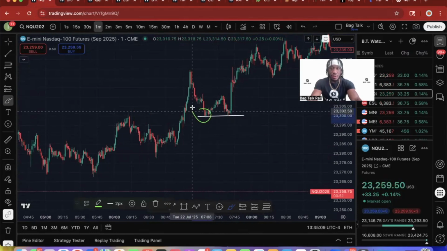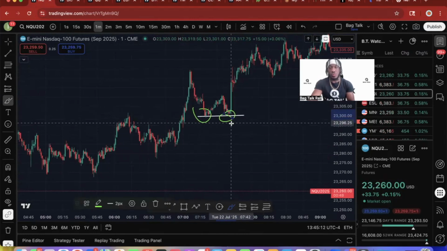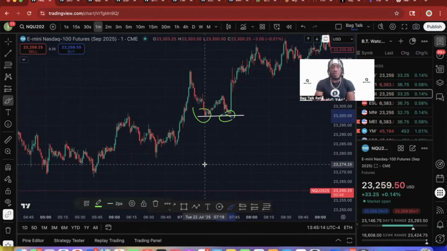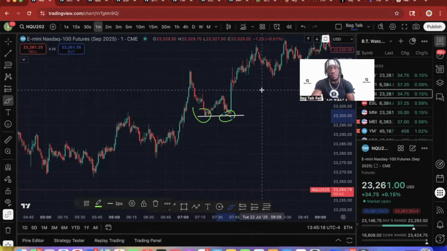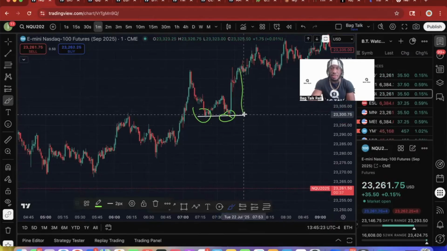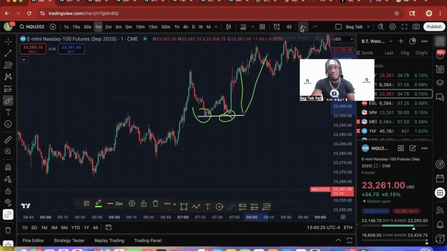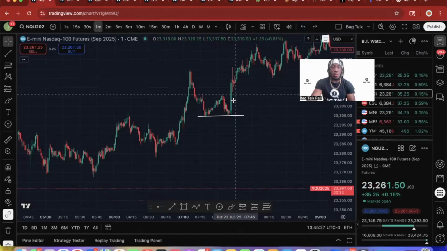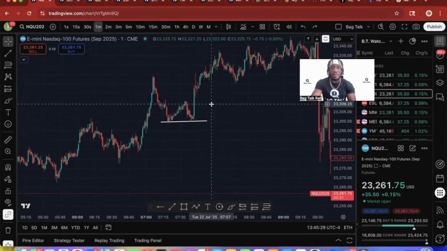It bounced right here and it bounced right here. They call that like a two-touch rule. Some people do a three-touch rule. If they notice that price bounced on the same level two or three times, they tend to call it a support level. And so their expectation is when price comes back here the next time, it's going to bounce for a third time. What I teach is understanding when they're going to target this level, because next time they go